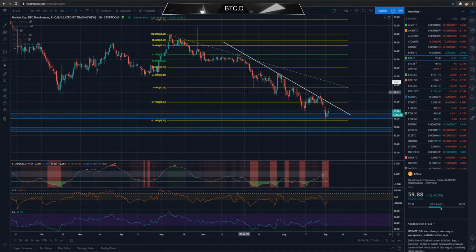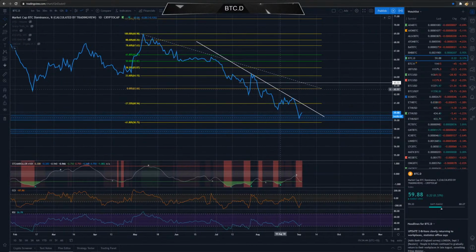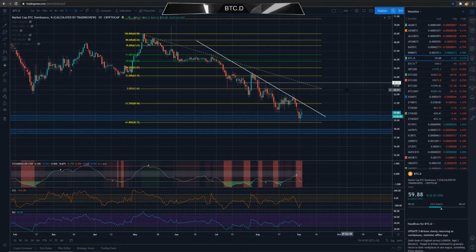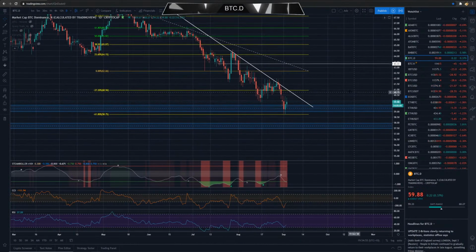So nothing out of the ordinary for the dominance chart for the last couple weeks. If I draw the line chart and just adjust that trend line, if you want to use your trend lines, make sure you have a look at the line chart to give you a less subjective way to draw it. But we're still moving down towards that zone. No higher highs, continually making lower lows. So that market structure hasn't changed at all.